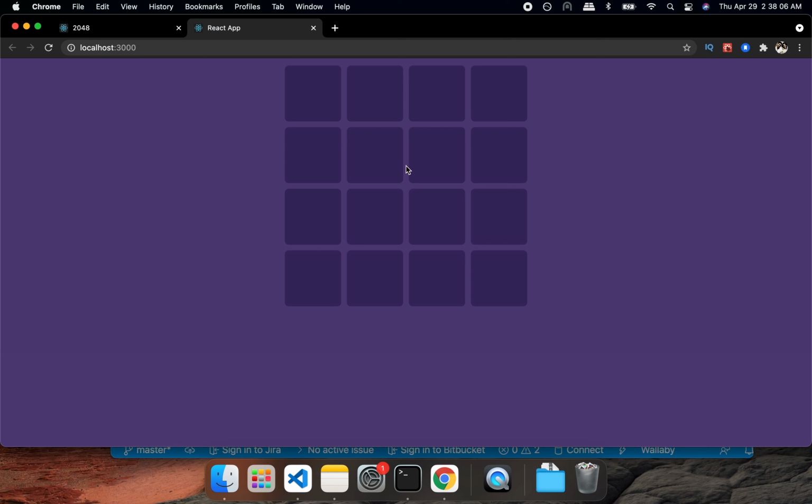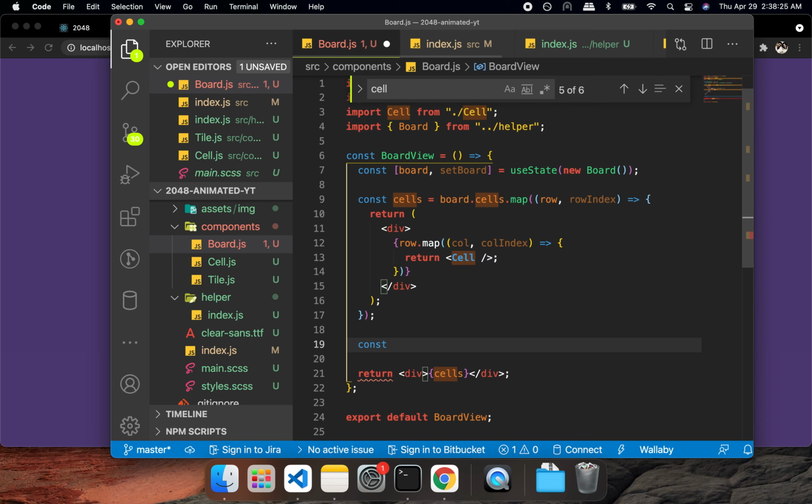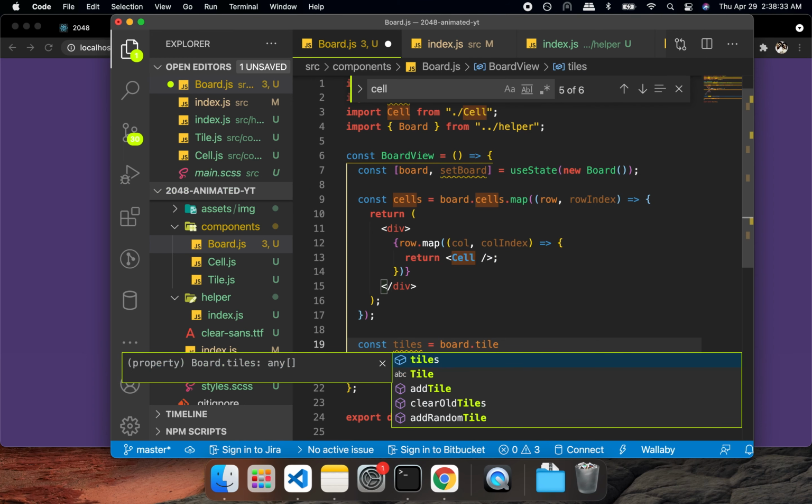And perfect. So this is what we were expecting. We have the cell. So before I told you that there are going to be two components. One is cell, which shows the location or the holes and the tiles on top of it. So there will be another component which is going to be tiles. Constant tiles, and here it's going to be the same thing. So board.tiles,